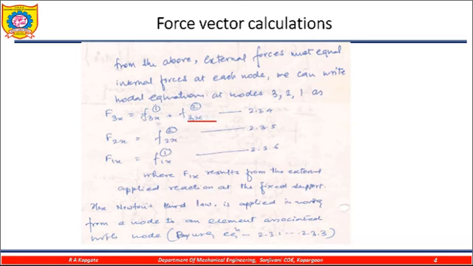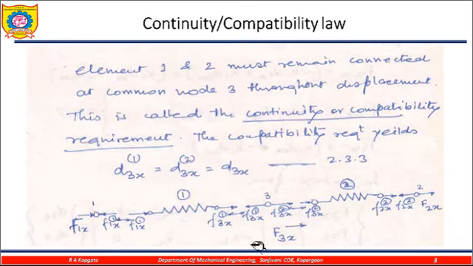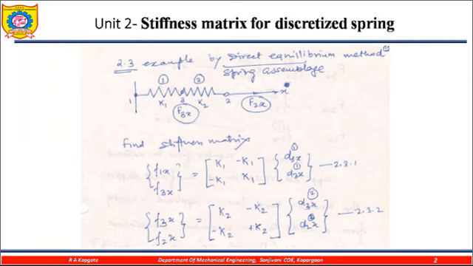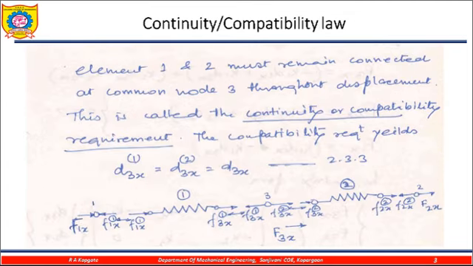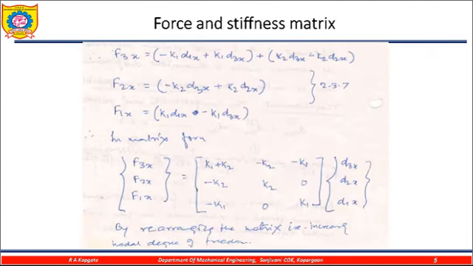So here again this is the f3x, so it's k1, k2 into d3x minus k2 into d2x. So again we can see this, into this one k2x, and this is the k2 d3x and d2x. Similarly f2x is calculated from the force diagram.